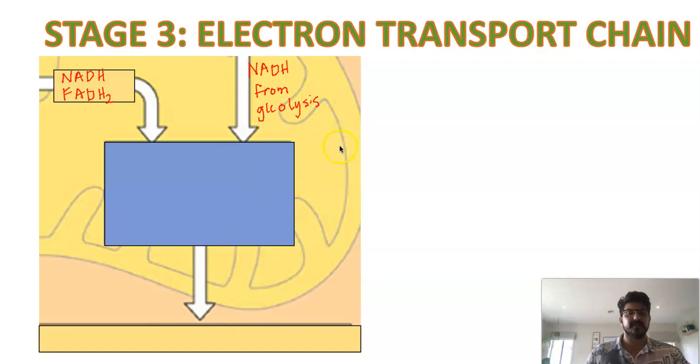This happens in the cristae. So this is happening in these folds here. Between the two membranes, there's this chain where there's this passing of electrons and this production of ATP. This is the main game. This is where we're going to get all of those beautiful ATP molecules. This stage has another name. It's called oxidative